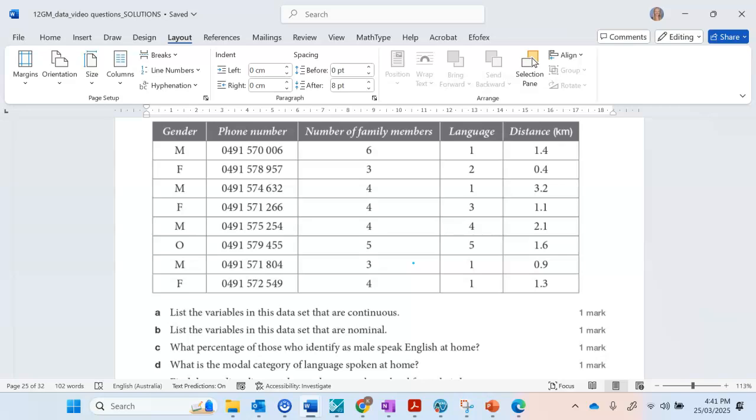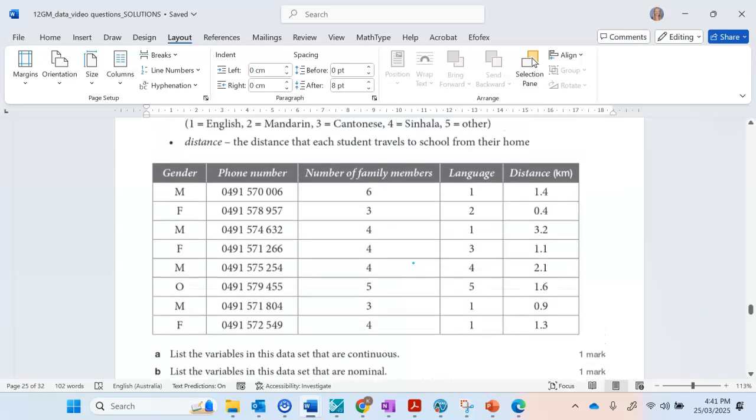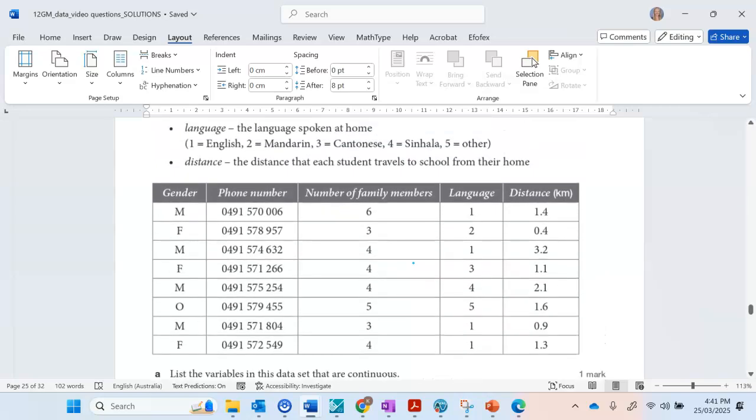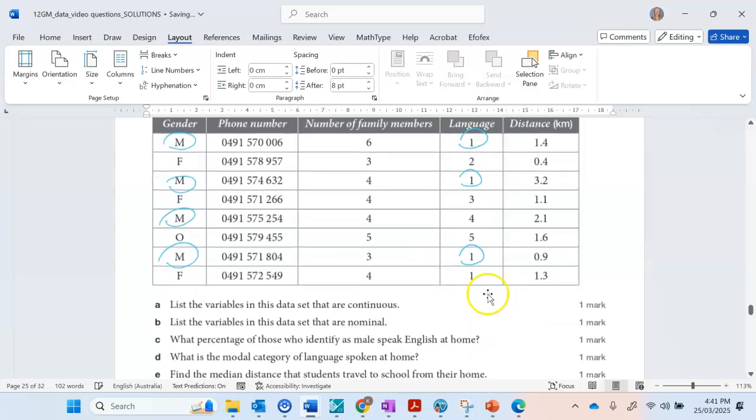So we've got, what was the number? I think 1 was English. So we've got a male here who also speaks English. They've got another male who also speaks English. We've got a male who doesn't speak English. Well, might, but might not be his first language. And then another one. So what we're looking at is, what percentage of those who identify as male